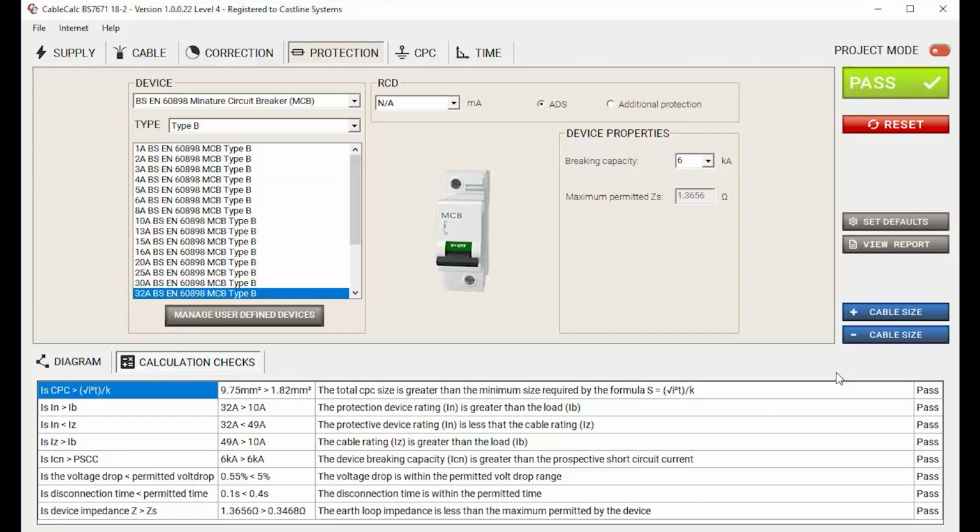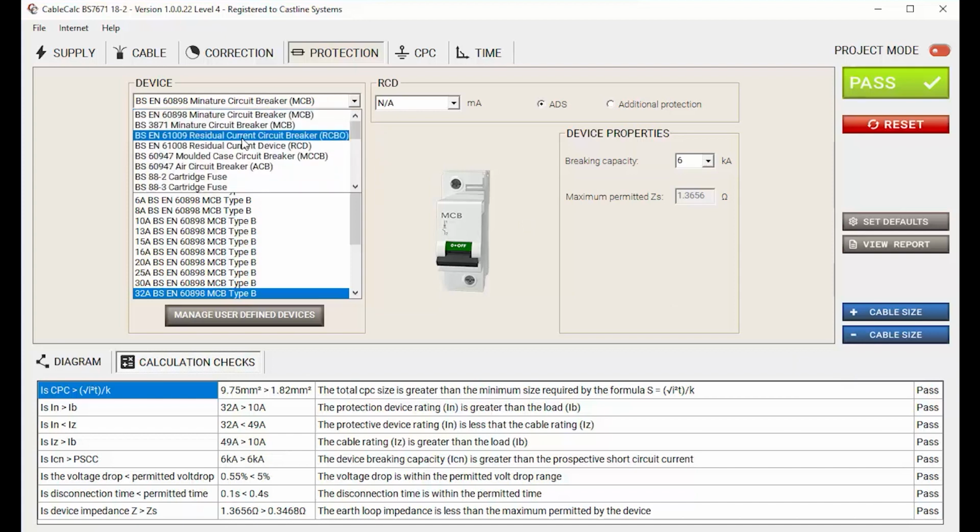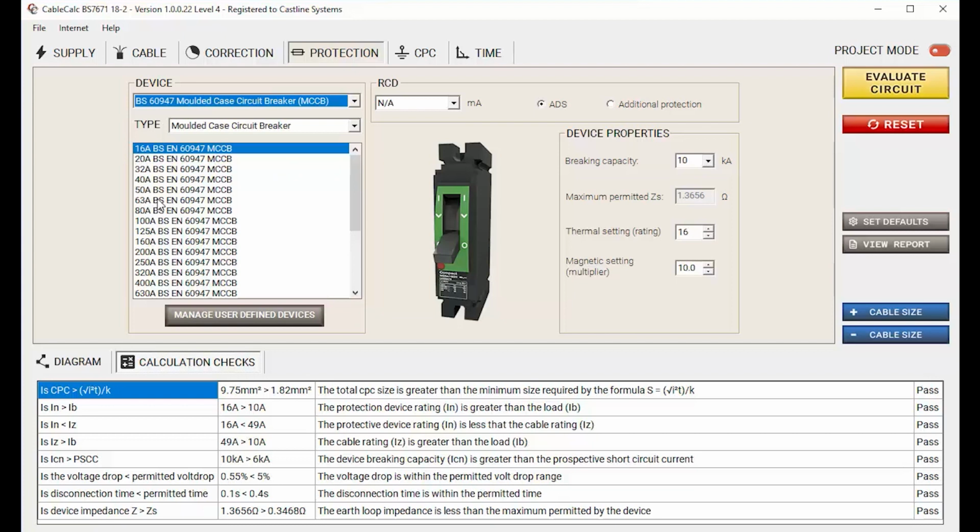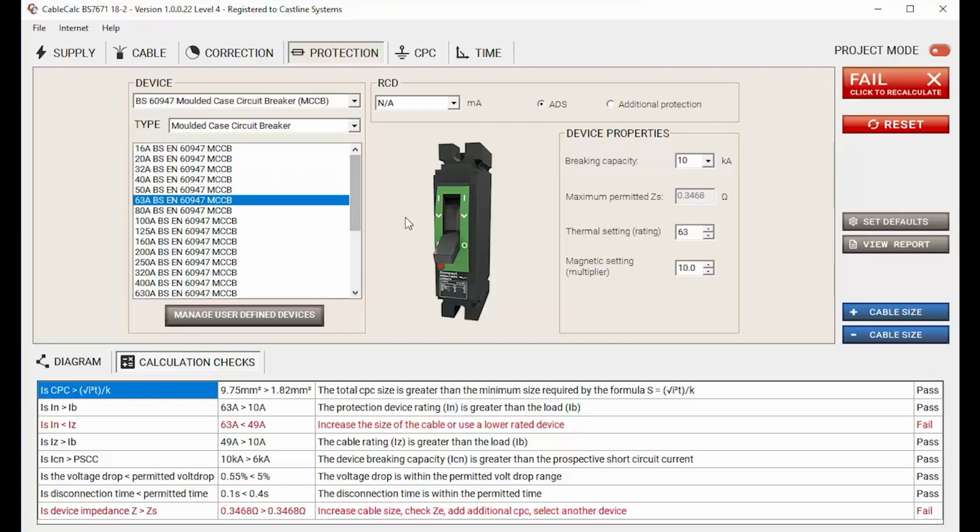This is the protection tab. Here you can select the device that's providing fault protection for your circuit. You just select the device type from the list here, and then your rating on the left. For the moulded case circuit breakers, you've also got the additional options to reduce the thermal setting or derate the breaker, and the magnetic setting, which you can use to adjust the curve of the device. Most of them are adjustable, some are fixed, in which case you'll need to know the magnetic setting from the manufacturer on that side of things.